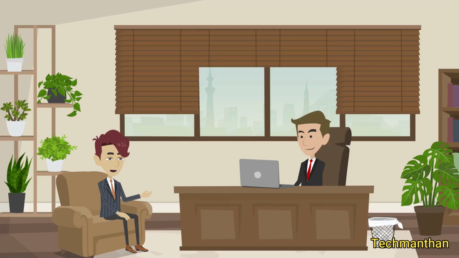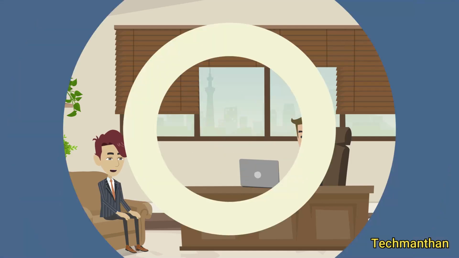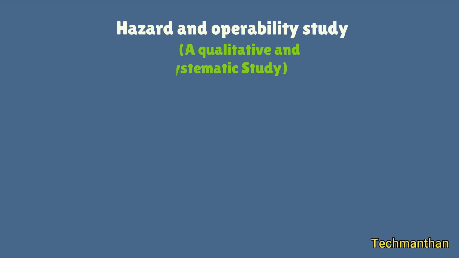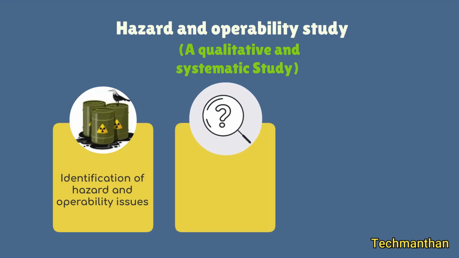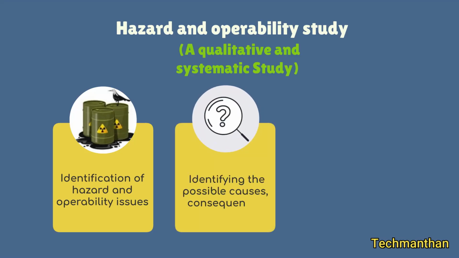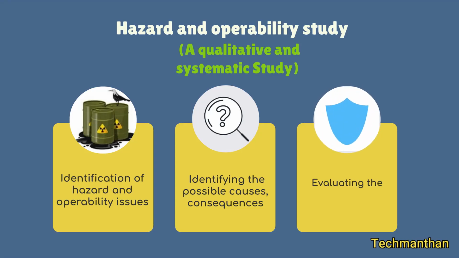HAZOP stands for Hazard and Operability Study. It is a qualitative and systematic study for identification of hazard and operability issues when there is deviation arising in the system from intended operation. The study progresses by identifying the possible causes, consequences, and evaluating the adequacy of the existing safeguards for a cause-consequence